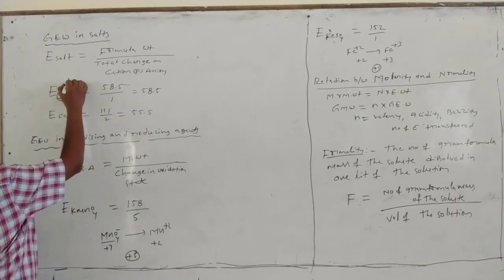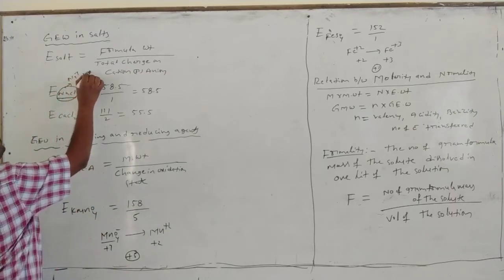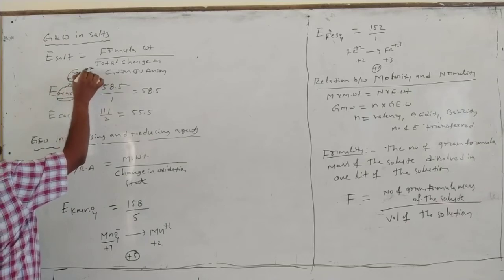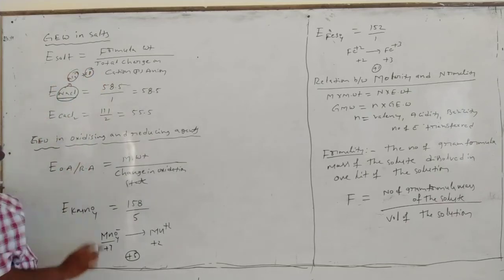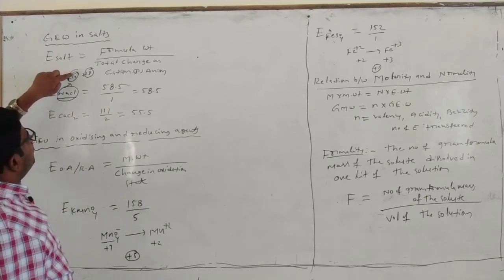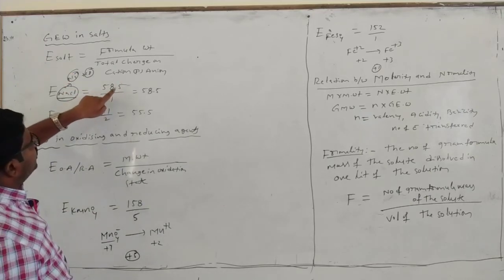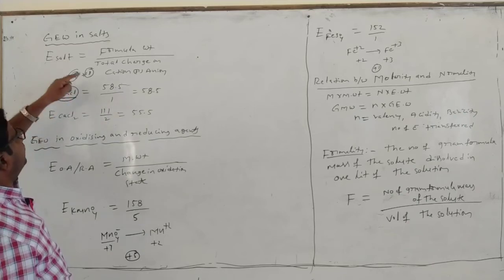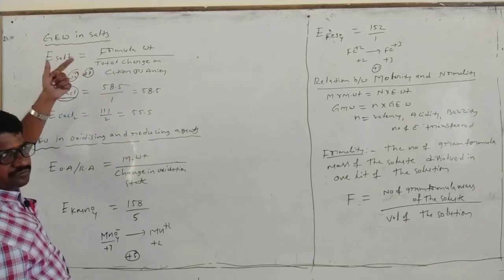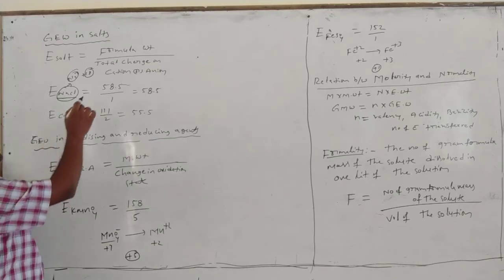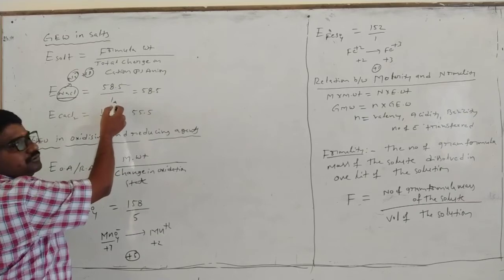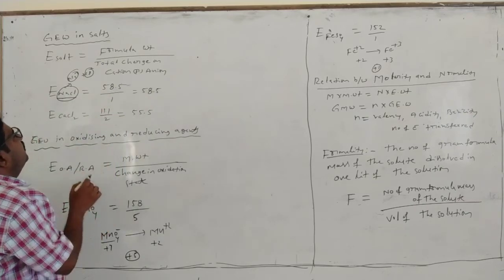Now Na is converting to what? Na+ and Cl minus. One cation and one anion are present. Now you have to write either the cation or the anion. If you take the cation, how much is the charge? 1. So 58.5 by 1. For the anion, it is also 1. A salt contains equal charges, so you take either the cation or the anion. The weight of the salt by charge is the answer.